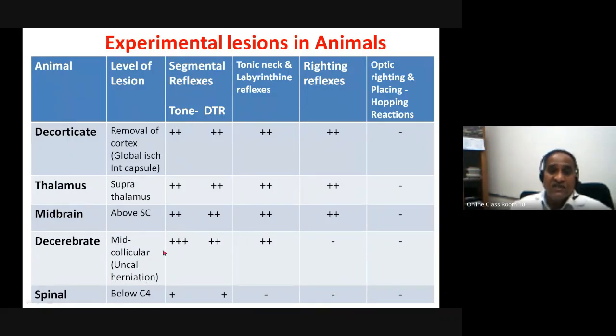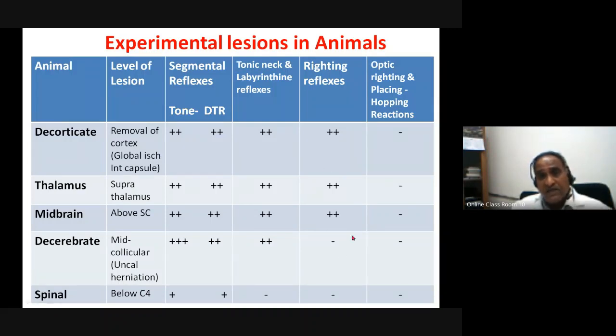What you get is increased tone, hypertonia. In the case of decerebrate, increased 3+ tendon reflexes. I have made only 2, please correct me, it is 3+. That is to indicate the difference from the rest of these things, a greater activity of the deep tendon reflexes. Tonic labyrinthine reflexes are intact because they may be more exaggerated,